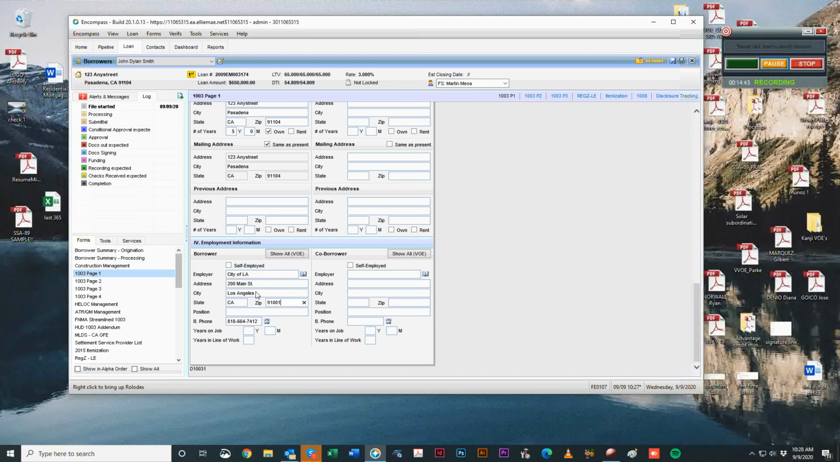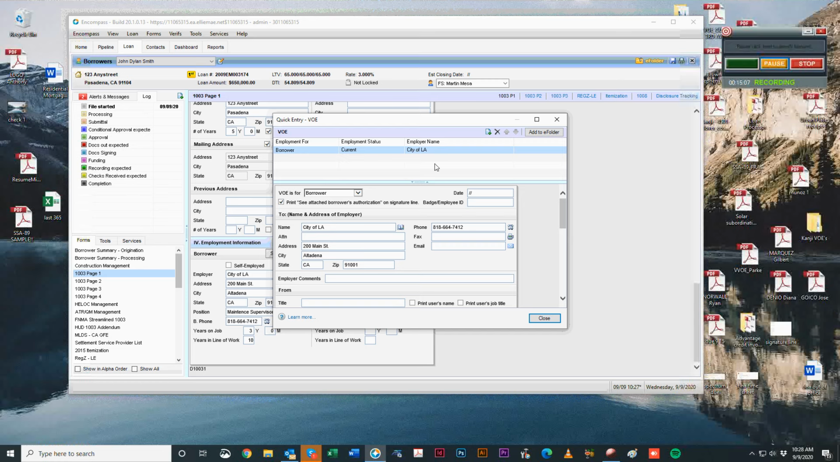I don't know what the zip code is. Put the position, maintenance, I don't know, just making it up, but that should be filled out. And you should put how many years they've had this specific job. Let's say they've been there 3 years, 0 months, and they've been in the line of work for 10 years. So just input that, and then you can open this,